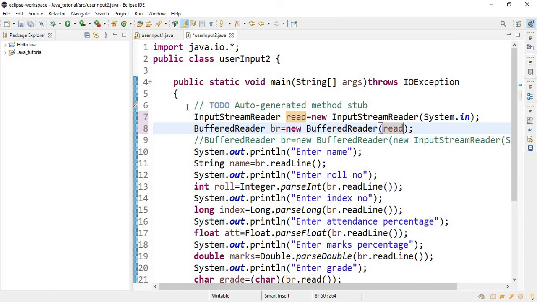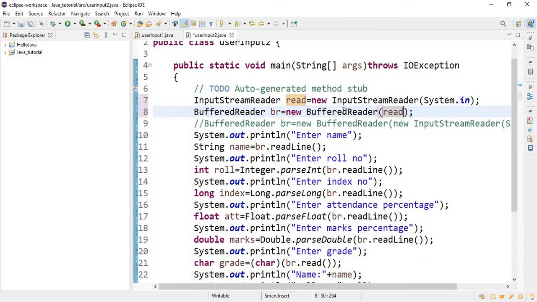For using BufferedReader, we have to create two objects, one of the InputStreamReader class, another of BufferedReader. So first, InputStreamReader read equal to new InputStreamReader(System.in), that is the input stream, and then BufferedReader br equal to new BufferedReader(read), where read is the object we had created of InputStreamReader.